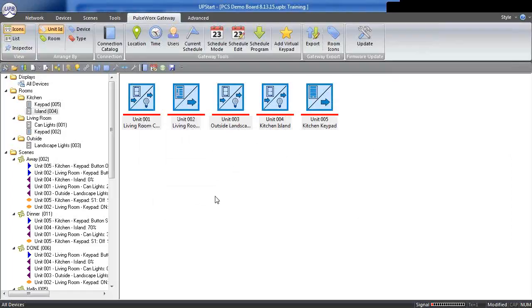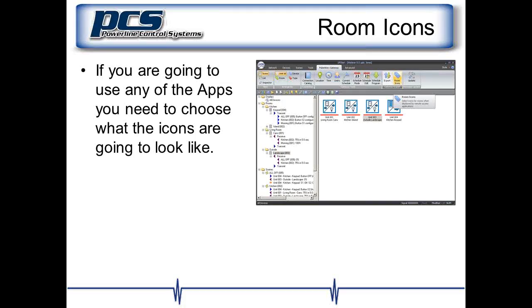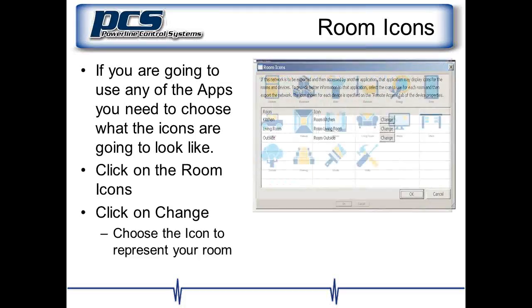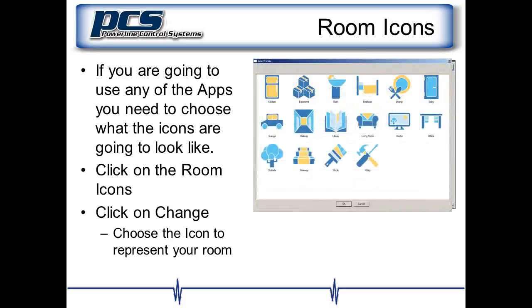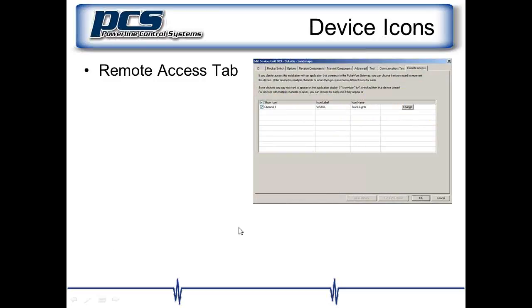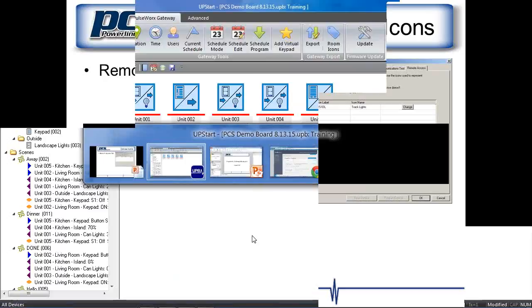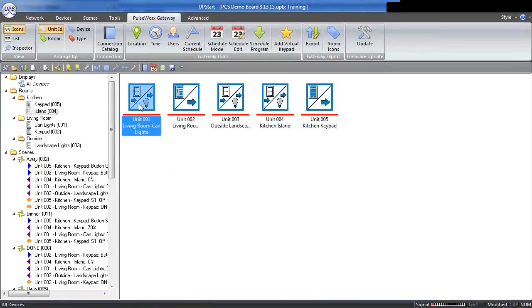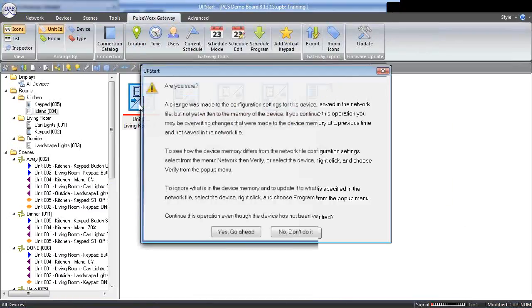So when you have another file, different spaces, things along that nature, we can go ahead and click on those and modify them in any way, the default units that we've got. Secondly, now that we've got a variety of other devices, we've got to be able to pick an icon that we can use to look at what I have representing that unit. So I can come in here into the living room kitchen cans,